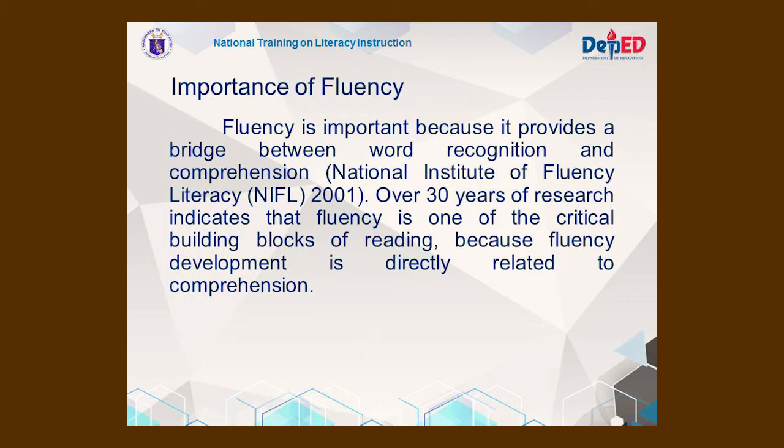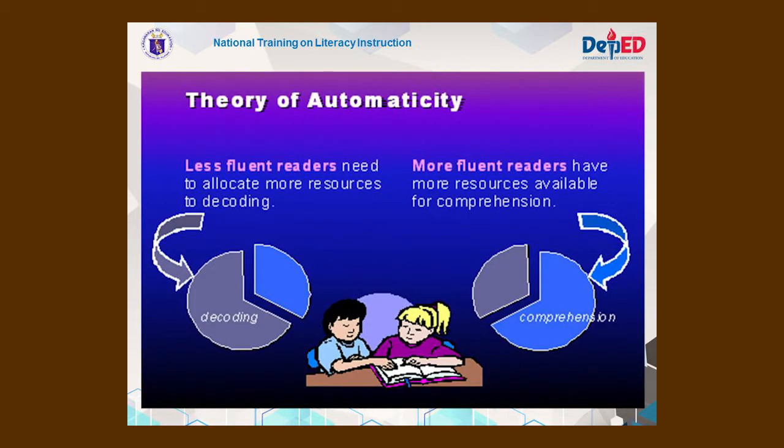Iniisa-isa pa po niya yung pagde-decode ng words. Sa fluent readers naman, since kaya na po nilang basahin yung mga words, so they give meaning na po dun sa kanilang binabasa. Theory of automaticity. Ito po pinapakita niya na ang less fluent readers need to allocate more resources to decoding. So mas mahaba po ang oras niya sa pagde-decode than comprehension, while more fluent readers have more resources available for